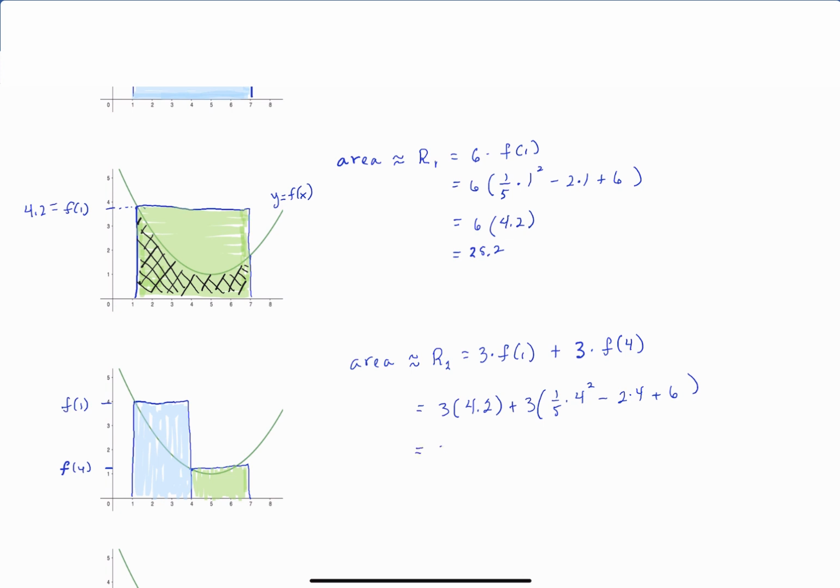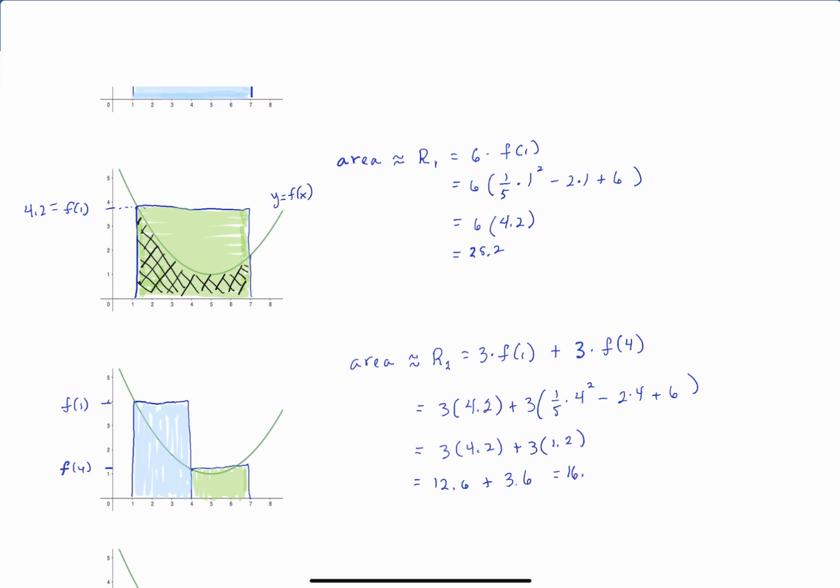So that's going to be 3 times 4.2 plus 3 times, I'm getting 1.2 for f of 4. So the area of the blue rectangle is 12.6. The area of the green rectangle is 3.6. And adding those up, we get